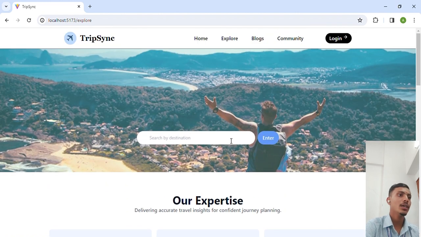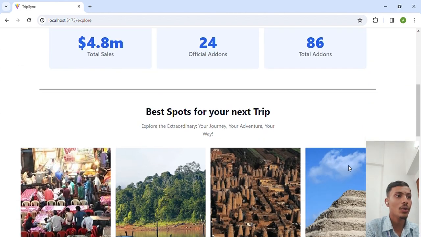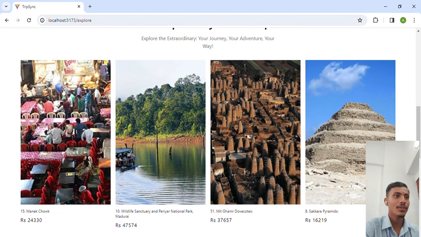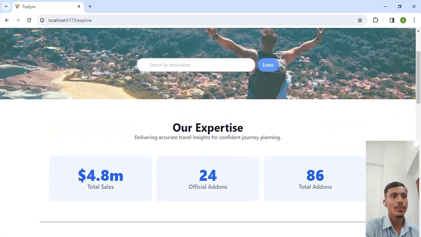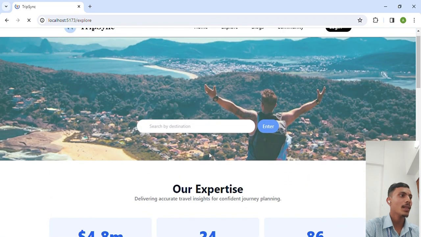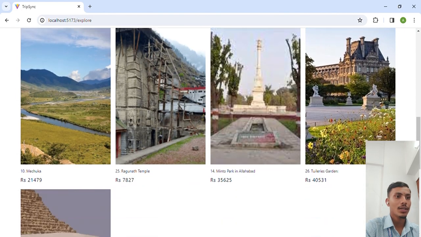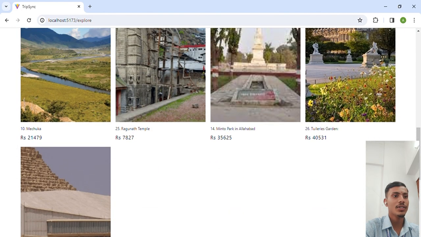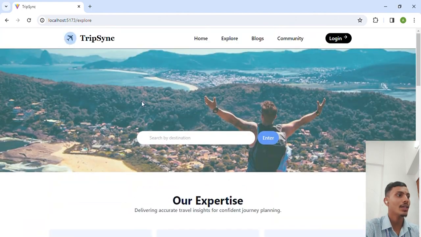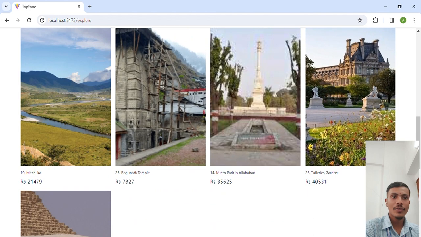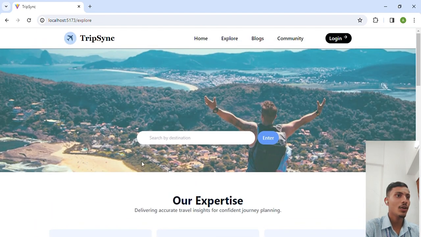Here the user can search for any specific location and get suggestions about the location and different places to visit in any specific district as well as state, whatever the user chooses to enter from the database, as they are not static. So let's say in case I refresh it, we have new values here along with their prices. These are again coming from our backend ML model. We are not using any API. This is entirely coming from our backend server.